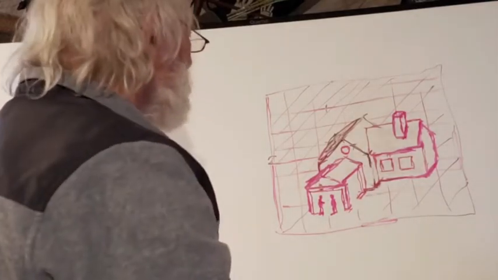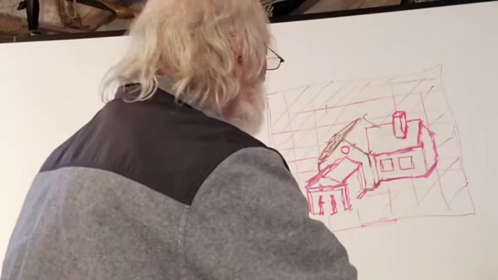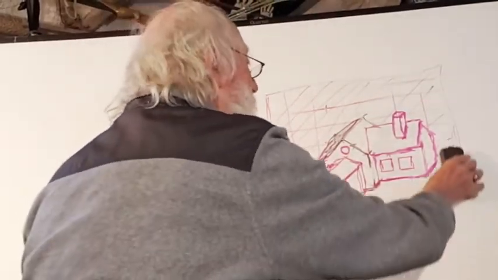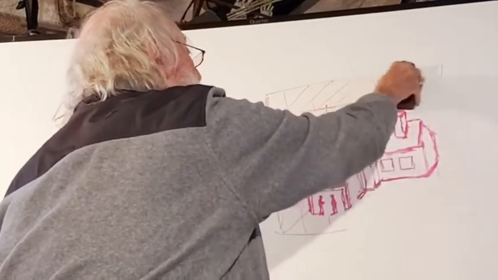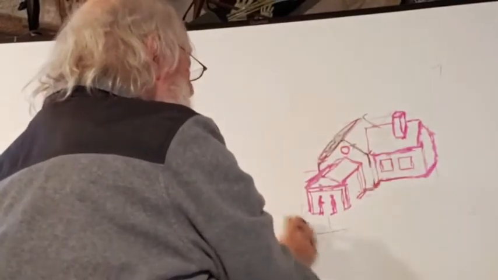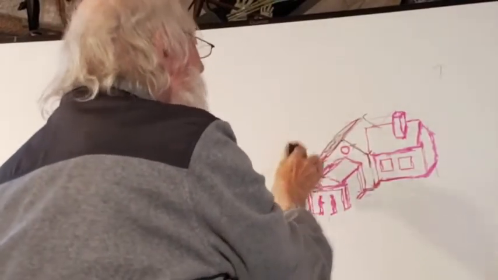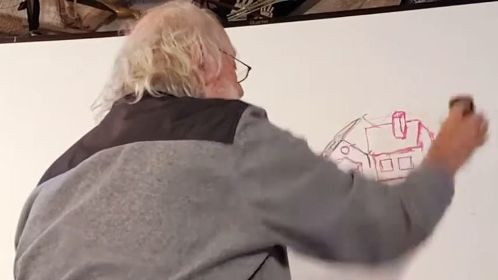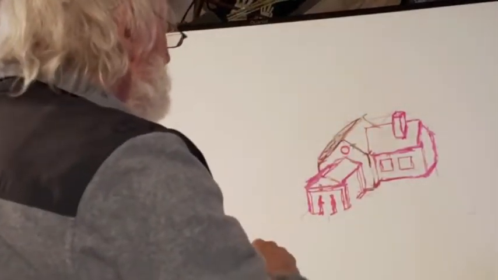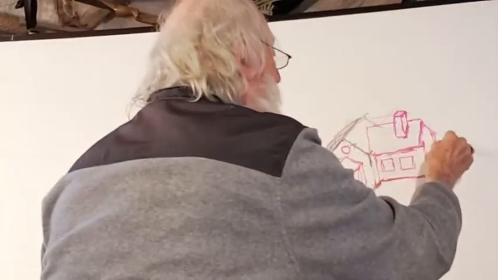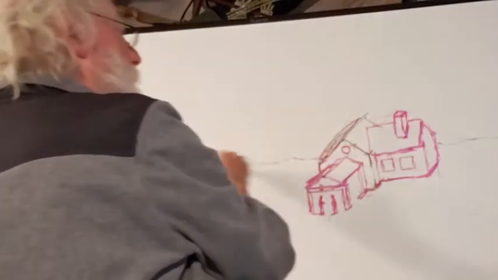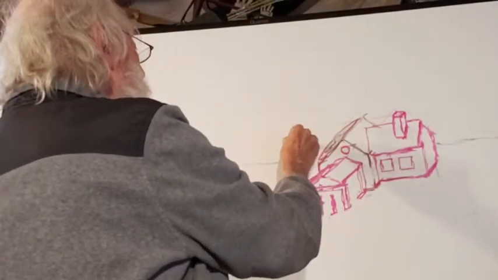I don't know. Now let's just play a little bit with some background just to help you know how the background would work with this too. And the background, of course, doesn't really overly need the grid. The grid really isn't for that. It's to construct the building. But then let's just think of this as the horizon back here, and we'll run it out this way, and then maybe some mountains in the background